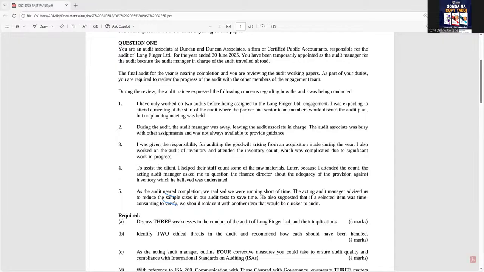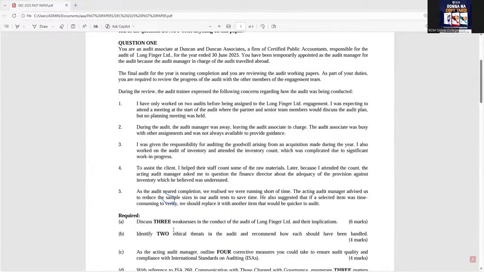But what I can advise you, as you're indicating, is that the questions for advanced auditing and assurance, most of them are case study kind of. So when you're giving your answers, let's say you've been called upon to discuss 3 weaknesses, you can use bulletins. In this case, use 3 bulletins to give the points. Or you can use paragraphs. When you're using paragraphs, make sure you use 3 separated paragraphs.